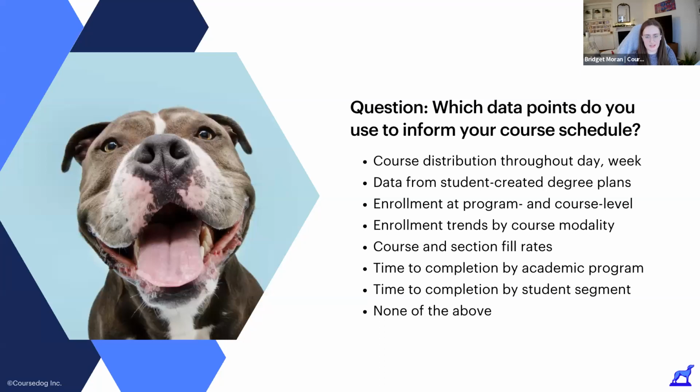Mara, I know that you spend a lot of time thinking about scheduling metrics. What do you think about this? Yeah, so this is definitely very interesting, but not surprising. I've worked with a lot of different institutions to really look at the ways they currently are leveraging data, which oftentimes revolves around historical enrollment trends, and then also looking at real-time fill rates to make last-minute adjustments. I definitely think that that is more than a great place to start. And then definitely some of the other data points are just additional layers to help improve that accuracy and move closer to student-centric scheduling.